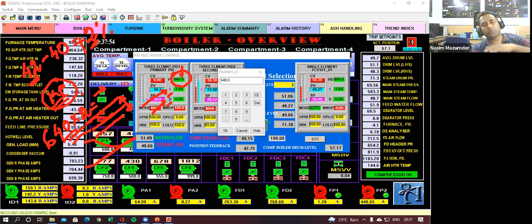It will depend on whether your control valve is hunting, or your control valve is responding very slow or very fast. Suppose you have given 50% and the control valve just shoots from 0% to 50%. Or suppose you are giving a 50% command and it takes much longer to go to 50%. So based on your observation, you have to play with this PID and set the best setting that gives satisfactory response.